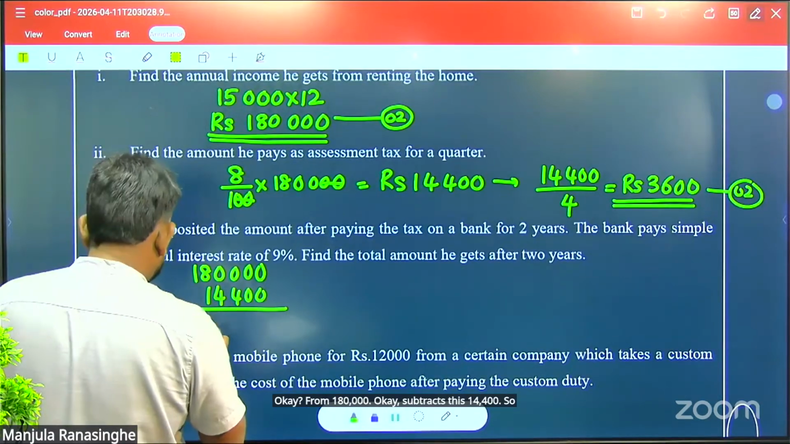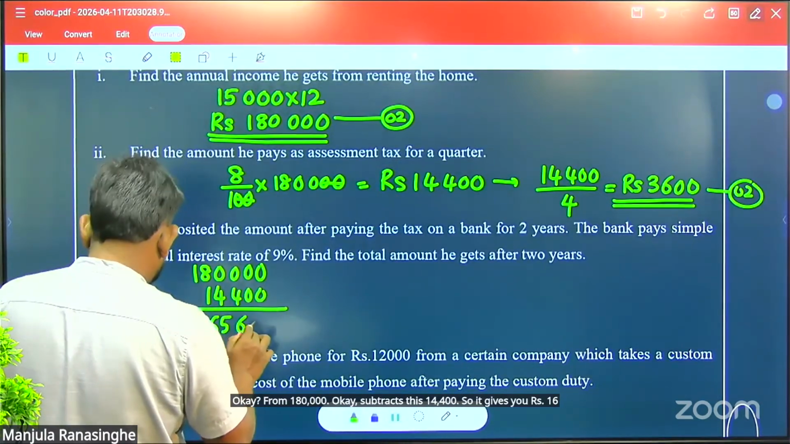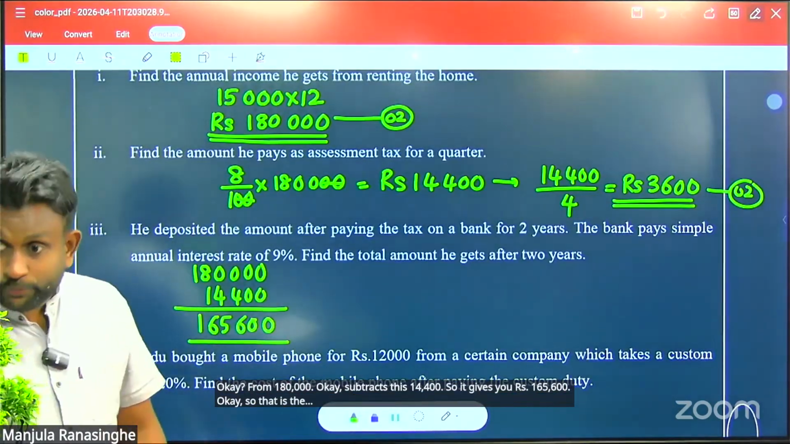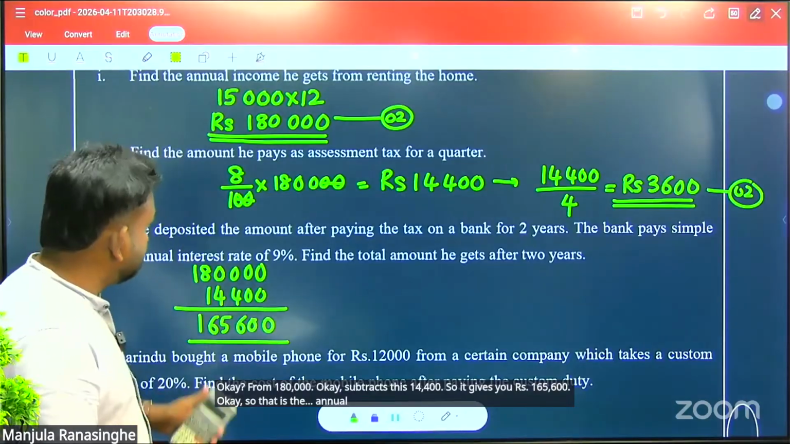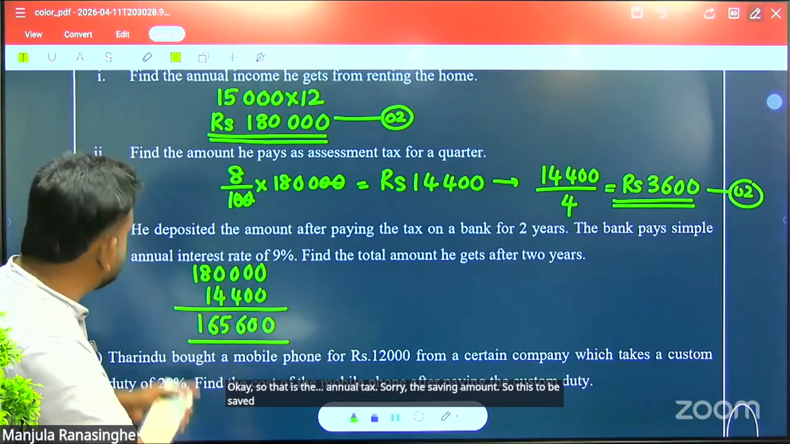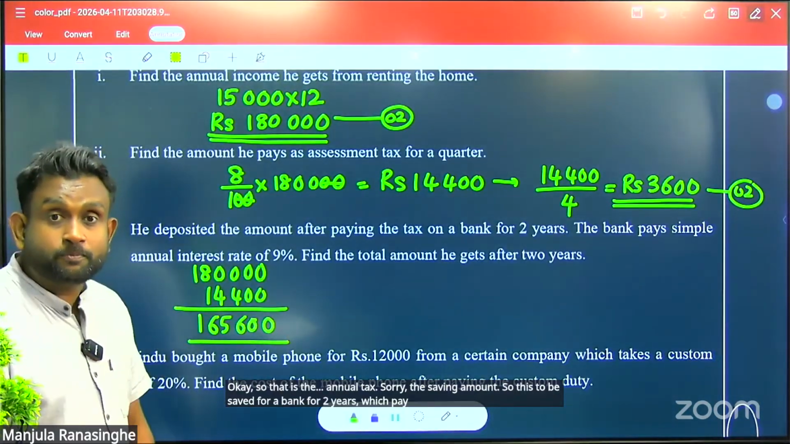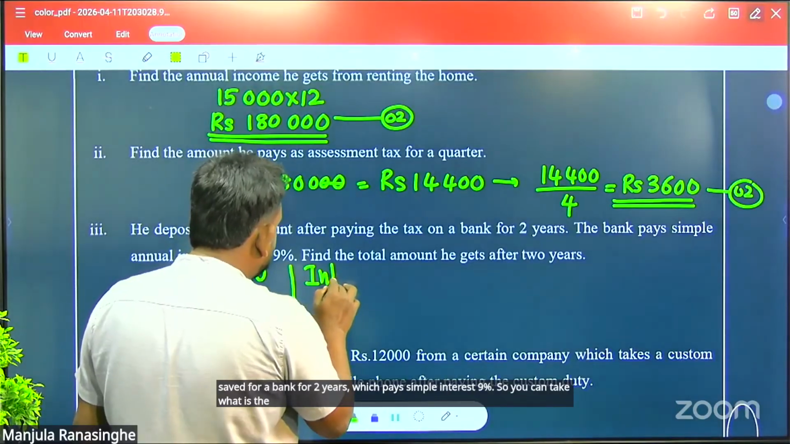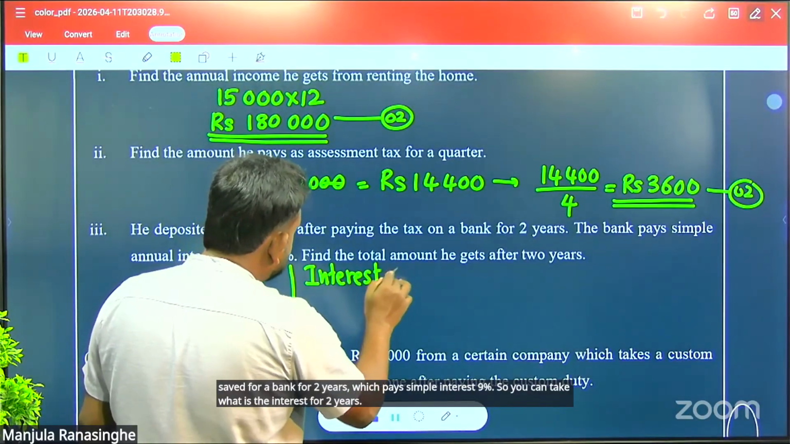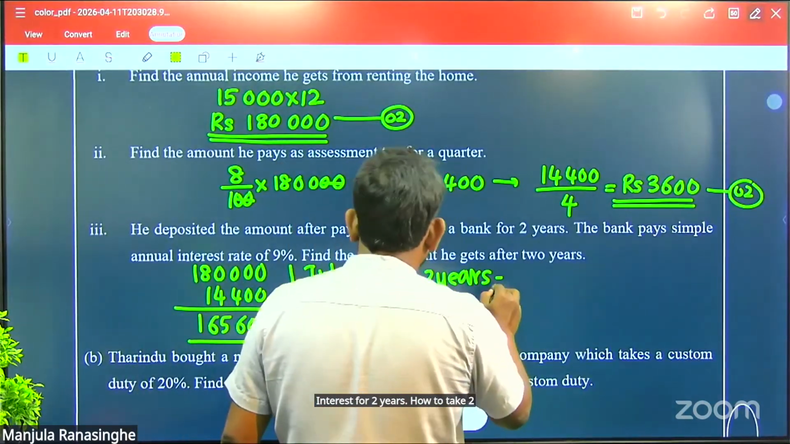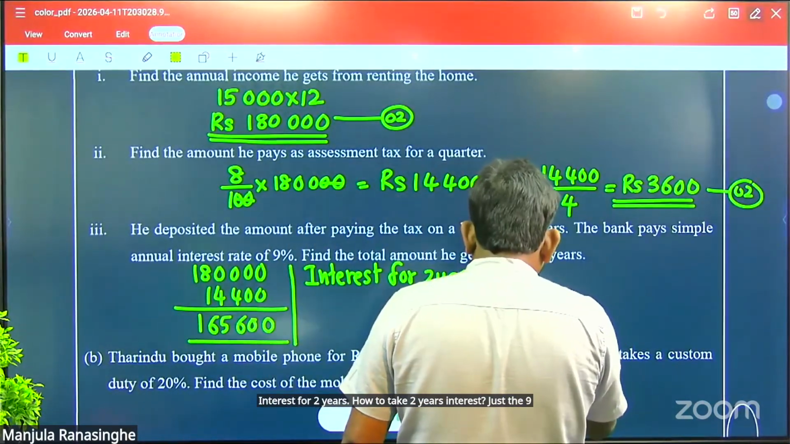So it gives you rupees 165,600. Okay, so that is the annual tax, the saving amount. So this is to be saved in a bank for 2 years, which pays simple interest of 9%. So you can take what is the interest for 2 years. How to take 2 years interest? Just the 9%, 9 over 100,